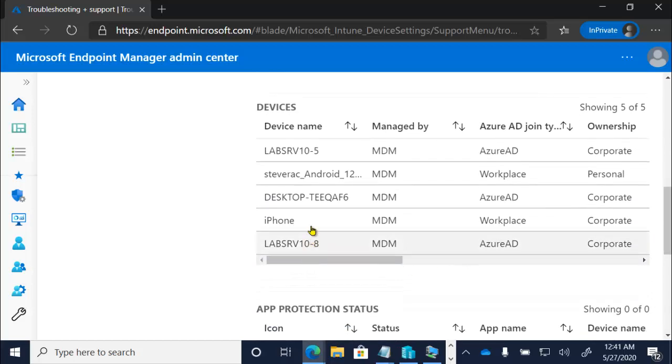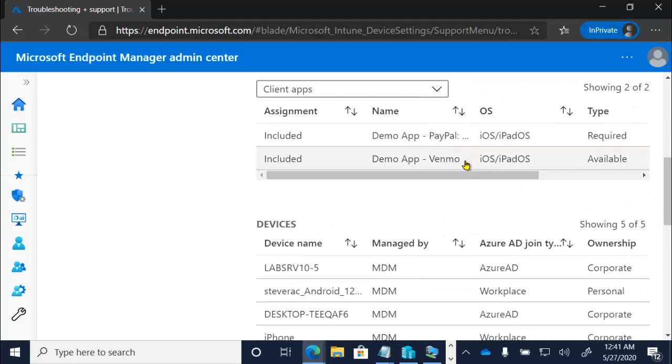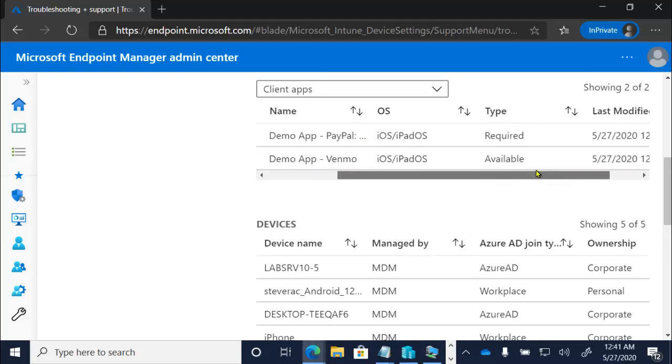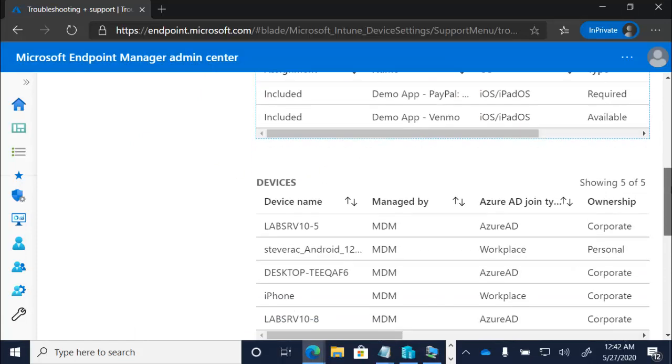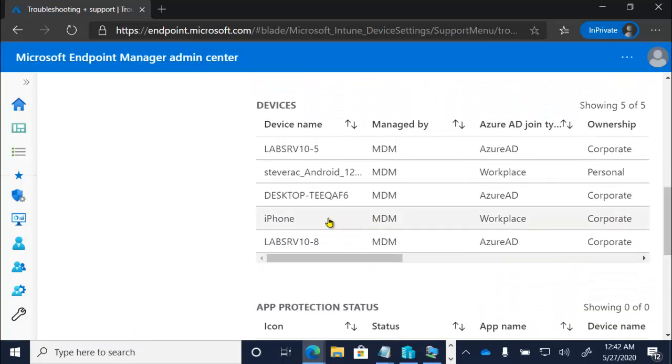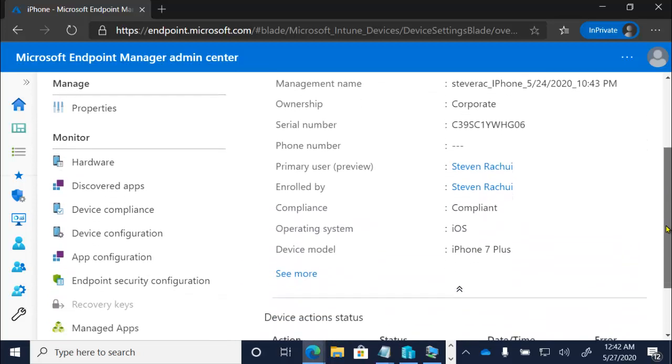But now we can scroll on down, we can see the devices that are assigned to the user. So I could certainly go into these and see what I want to see. And this is not really troubleshooting of the app, right? This is not telling you success or failure. It's just showing you what apps are specifically assigned to this particular user. But if we want to see all the apps that are targeted to the device, which will include the user in this case, I believe, we can go down to managed apps,